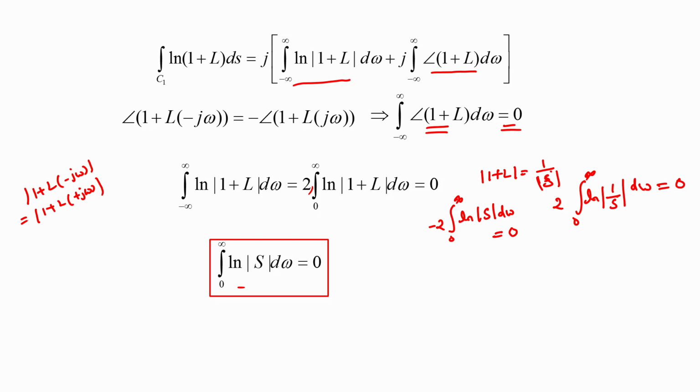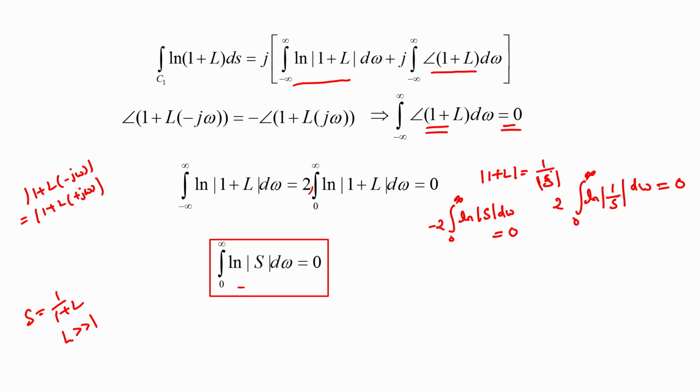Now, this particular expression is essentially an expression of conservation. What it indicates is that as control engineers we might wish to reduce the sensitivity in a particular frequency range, because a reduction of sensitivity is essentially synonymous with having a high loop gain, because S is equal to 1 by 1 plus L. If our sensitivity is small, much less than 0 dB, then we have a loop gain L that is much greater than 1. And as control engineers we wish the loop gain to be much greater than 1 in the frequency range where we are expecting performance.